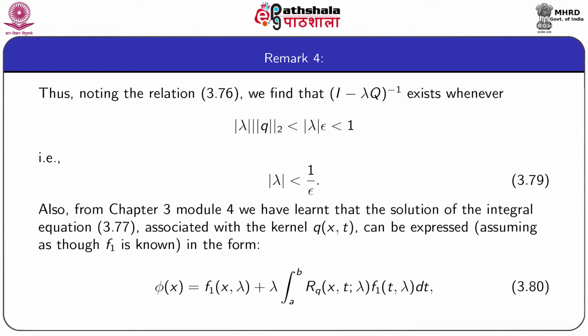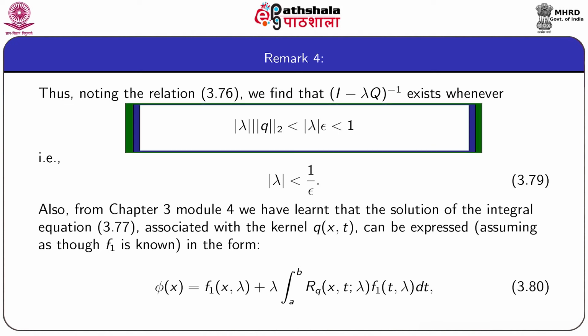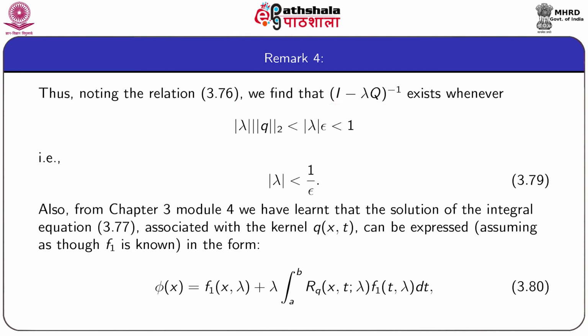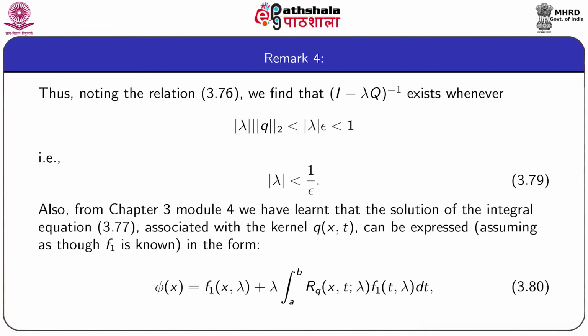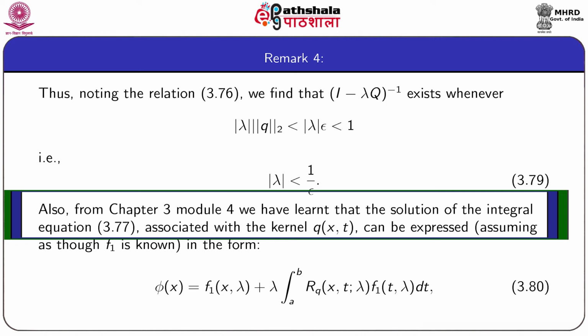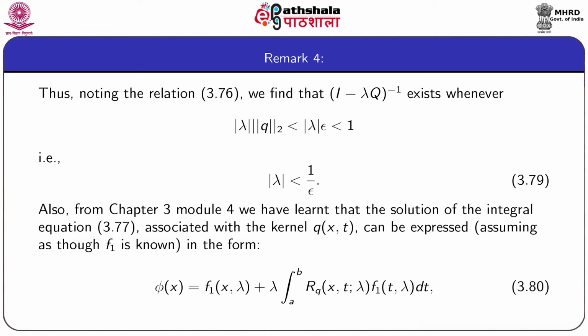Now in relation 3.76, we have seen that norm q2 is less than epsilon, so that the inverse operator (I minus lambda q) inverse will exist whenever mod lambda norm q is less than mod lambda epsilon, and that is less than 1. So mod lambda should be less than 1 by epsilon as given by equation 3.79. Also, from chapter 3 module 4, we have learned that the solution of the integral equation 3.77